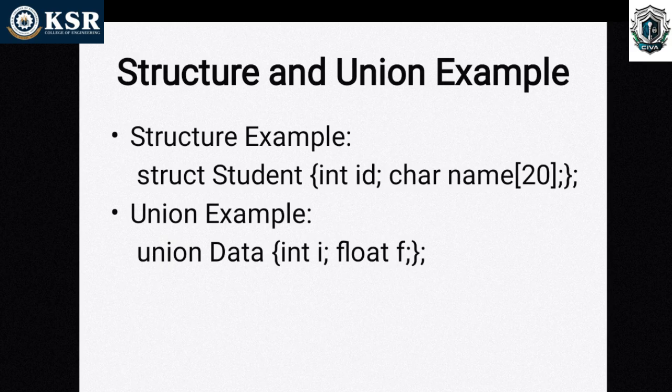Structure and union example. Structure example: struct student { int id; char name[20]; }; Union example: union data { int i; float f; };